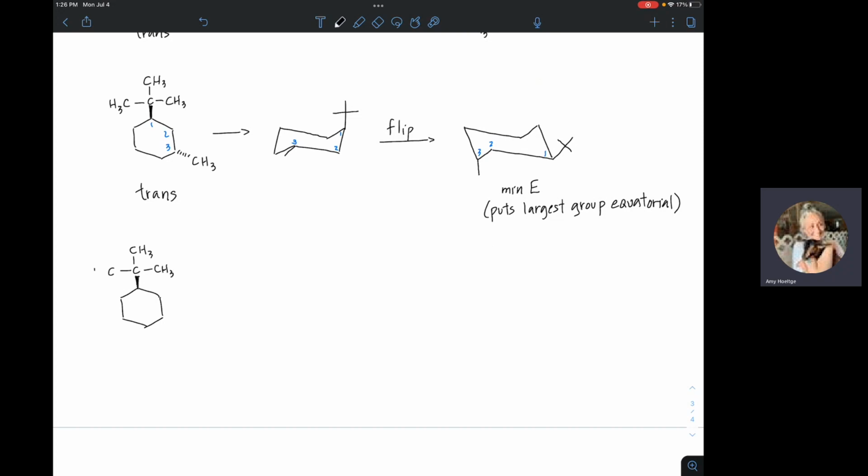So the top molecule we had was trans. This is a situation where they're cis. They're both pointing in the same direction relative to the ring. You can see kind of why we draw these line bond structures. It gets a little messy. So this is cis. They're pointing in the same direction, right? They're both either above or below the ring. If I put this on a chair,